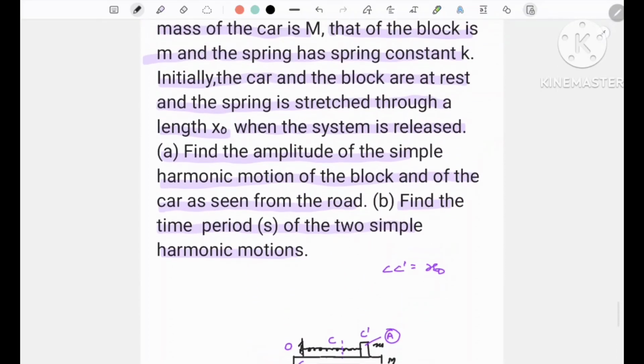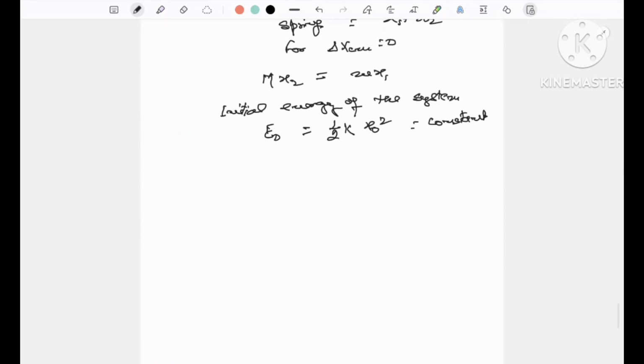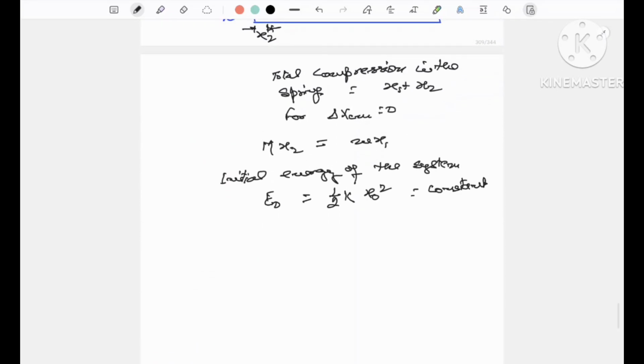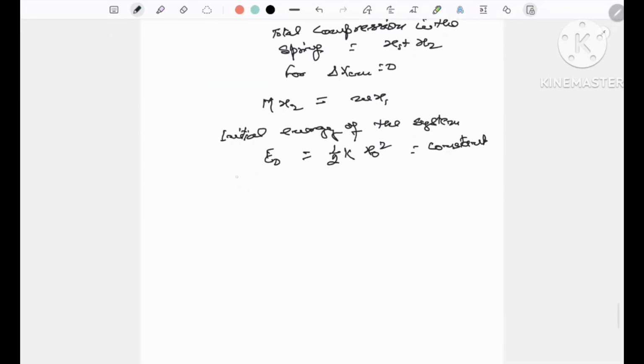All the surfaces are frictionless, hence there is no loss of energy. Total energy at this instant: